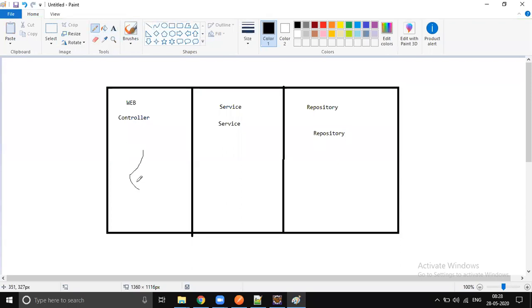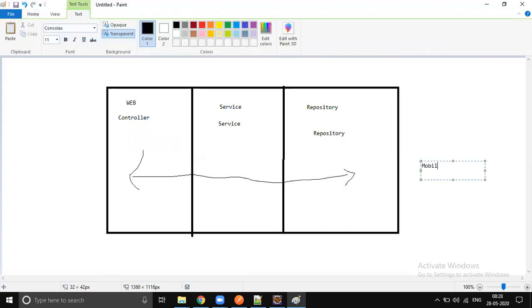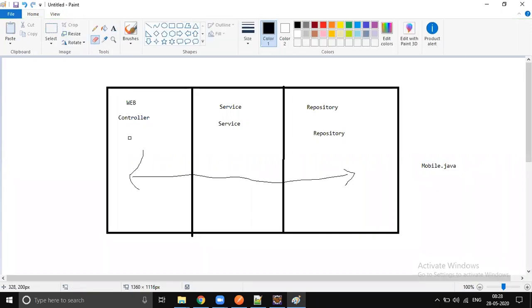But what is common across all these three? What is the class which is traversing from end to end, right? That is our mobile.java, right? That is not an actual real time scenario. We should not use the entity class in the controller. That is really a bad practice. So what should we do? We should remove this, and we should have different classes. The class which is interacting with the database, called mobile.java, is not supposed to cross over. It is not supposed to be sent to the controller layer. The scope of this mobile.java is up to service only.